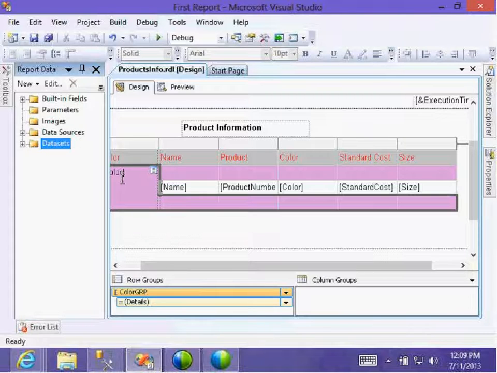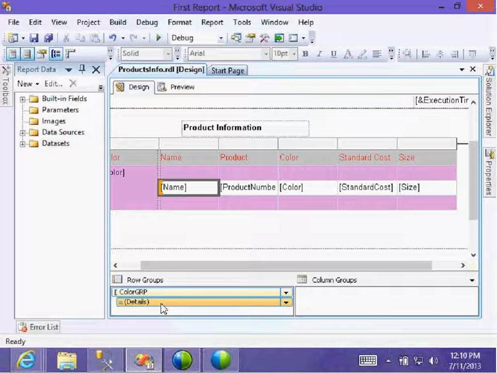Now, what do I need to do to develop the drill down report? I want to view the color. I want to view the details. Now, concentrate everybody. Initially, I don't want to view the details. Okay. Now, go to group.